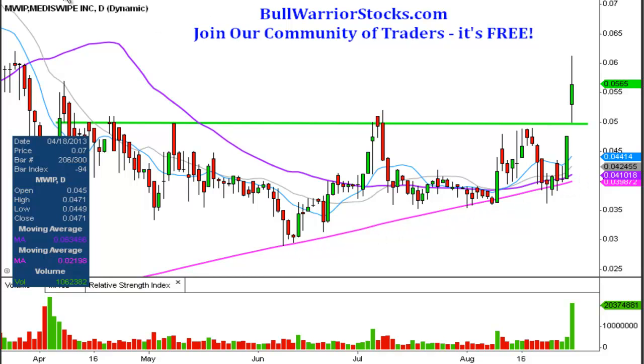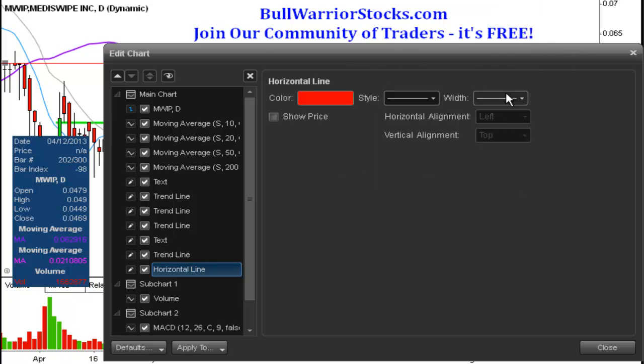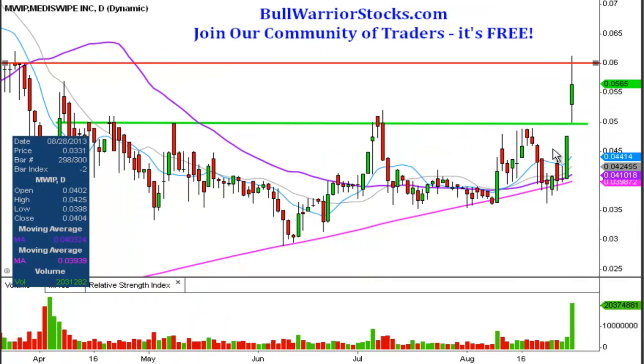Now, in terms of resistance levels, pretty straightforward. I'm going to use this high right here. Change that to red, and then I'll explain where that came from. But if you look back through the history of the chart, you can see way back here, there is basically a little clump of highs, and we'll call that right there at 6 cents. And today's high did go up as high as 0.061, so intraday you did break it, but because we care about where the close was looking at the daily chart, close below it,